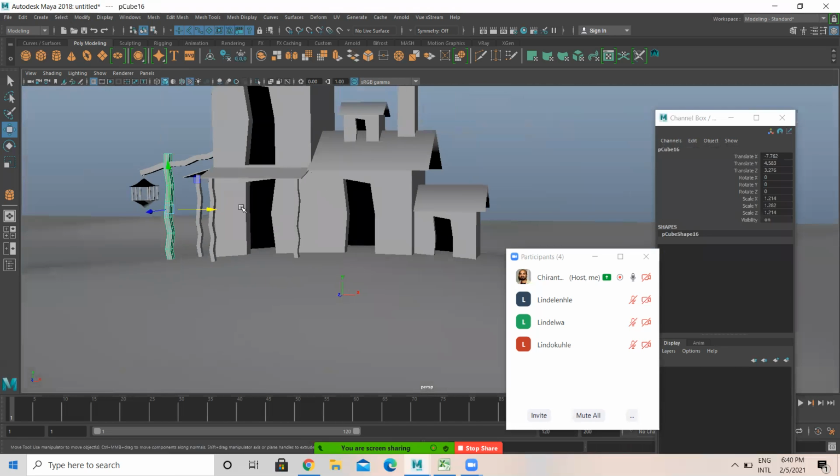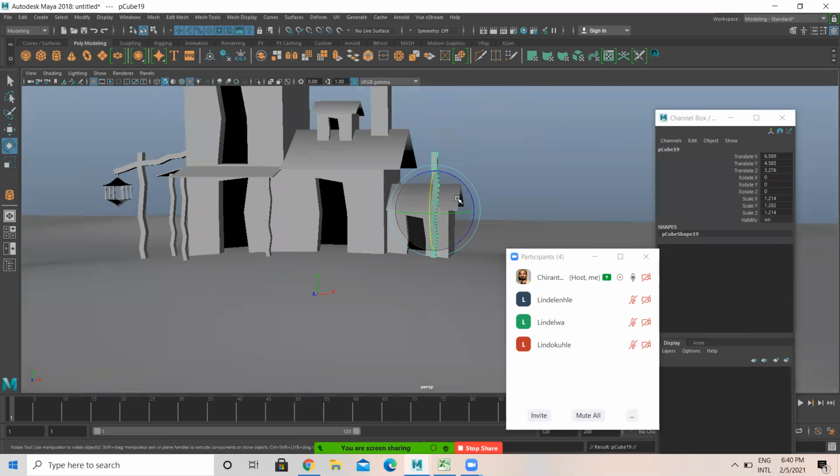Later, what I can do is duplicate this. I'm gonna place it over here. I duplicate this, I can make one over here like this.